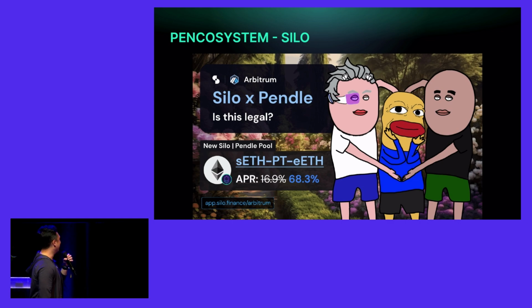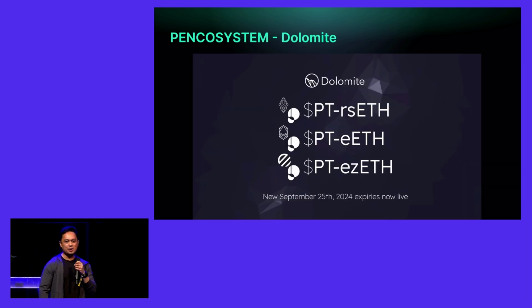So another protocol we'd like to highlight is Dolomite, and Dolomite is also a lending protocol where you can post your PTs as collateral and borrow against it. One unique thing about Dolomite is they combine the idea of a DEX and a cross-margin lending protocol where you can basically use that liquidity in various forms of yield-bearing opportunities. So with your PTs, you can have more exposure to additional yield.